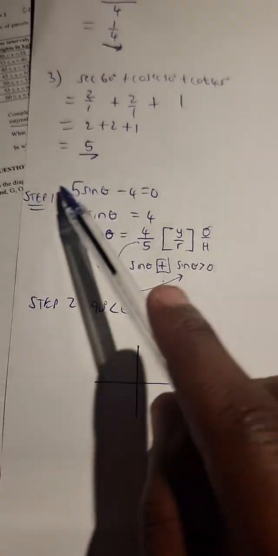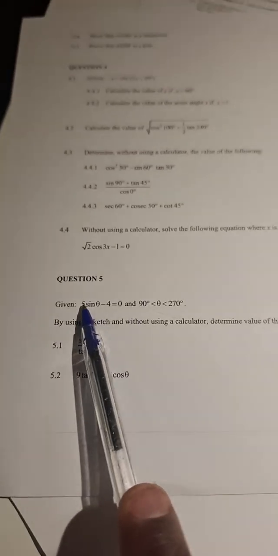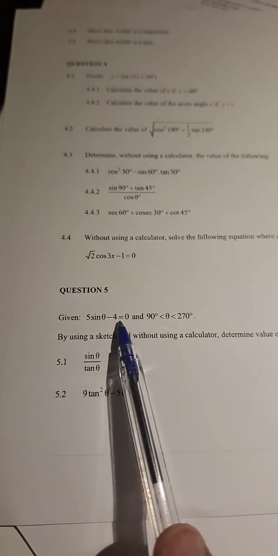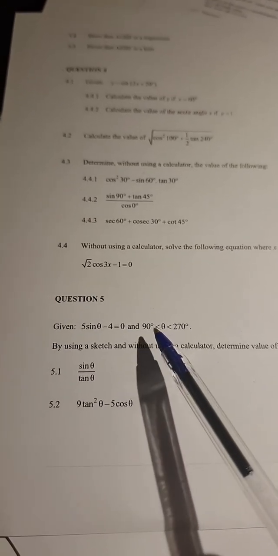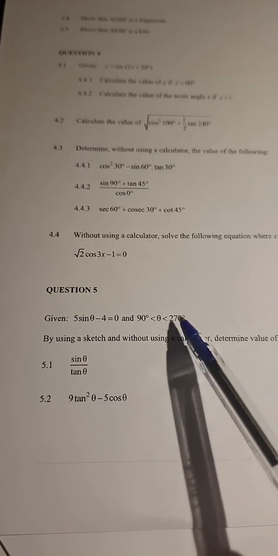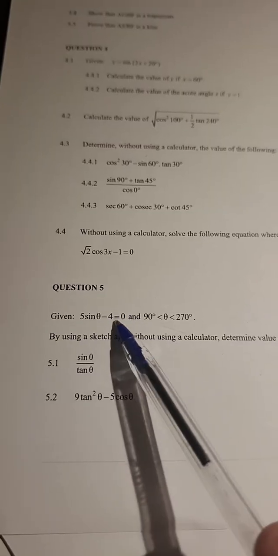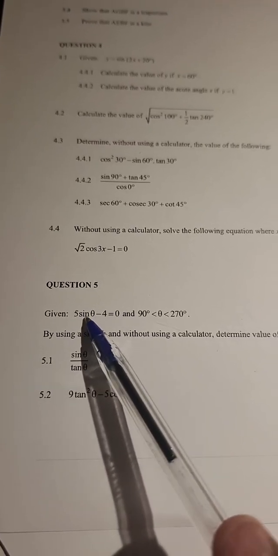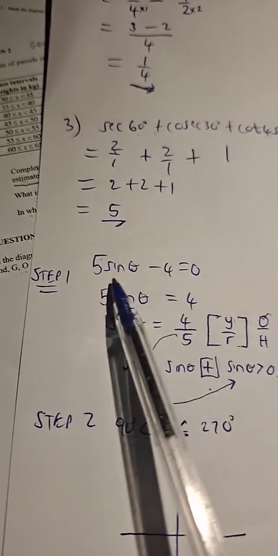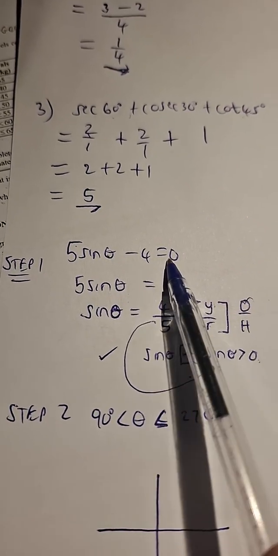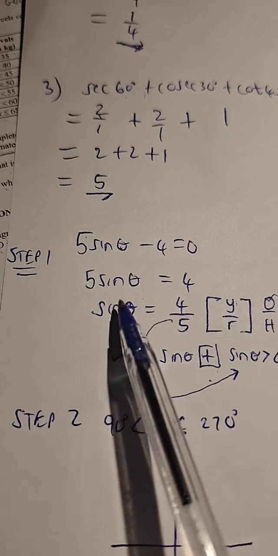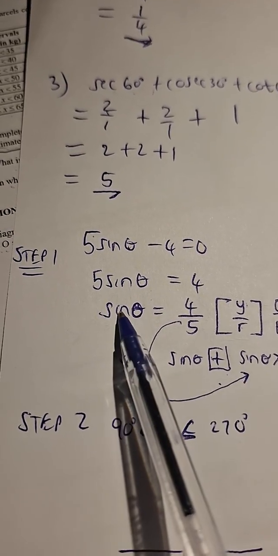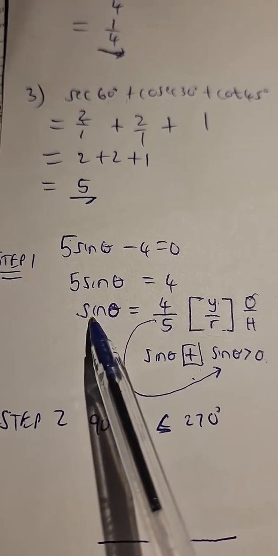So you see, now I've lost my trail of thought here, so I need to come back to this statement. Okay, so given, as I was saying, 5 sine theta minus 4 is equal to 0, and the fact that theta lies between 90 and 270, I said the first step is we need to isolate this trig ratio, which is sine theta. So we do that by, we write down 5 sine theta minus 4 is equal to 0, and then we transpose the minus 4. 5 sine theta is equal to 4. Then we divide both sides by 5. So that means sine theta,